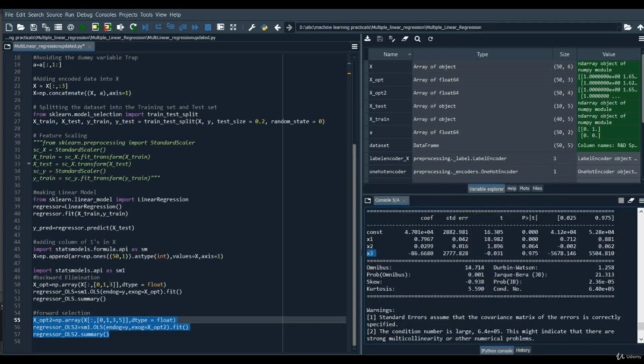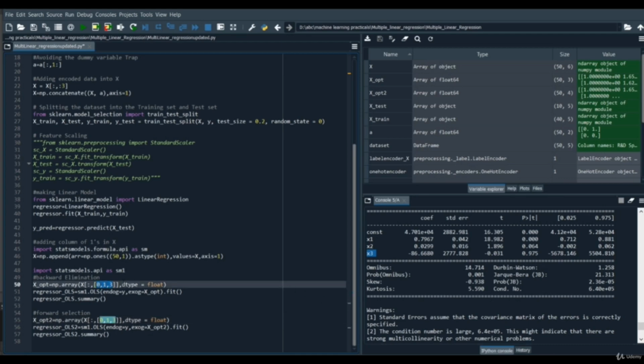It states x3, that's the independent variable. You may have seen the equation with constant b0 and then x1, x2, x3. Those are our independent variables. So here at the x3 position it's our fifth column, so we are going to remove it too. Now there are no other columns remaining, so we can see that both methods led us to the same columns, columns 0, 1 and 3 of the independent variables.